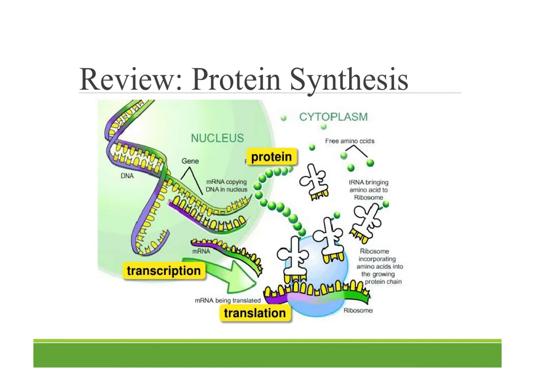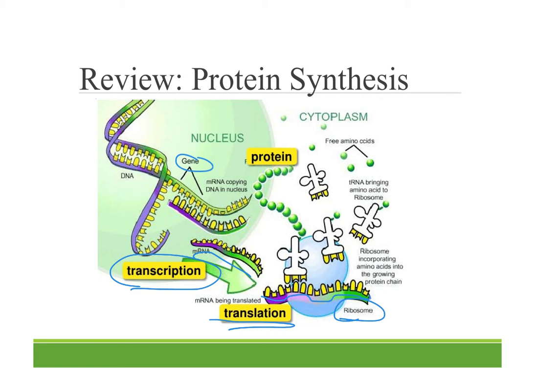This picture provides the overview of this process, which is known as protein synthesis, where transcription in the nucleus takes the gene in your DNA and makes a copy onto a molecule of mRNA, which then moves out into the cytoplasm and hooks up with a ribosome to undergo the process of translation, where the individual amino acids that are going to make up your protein are connected in the right order because of the order of bases on that